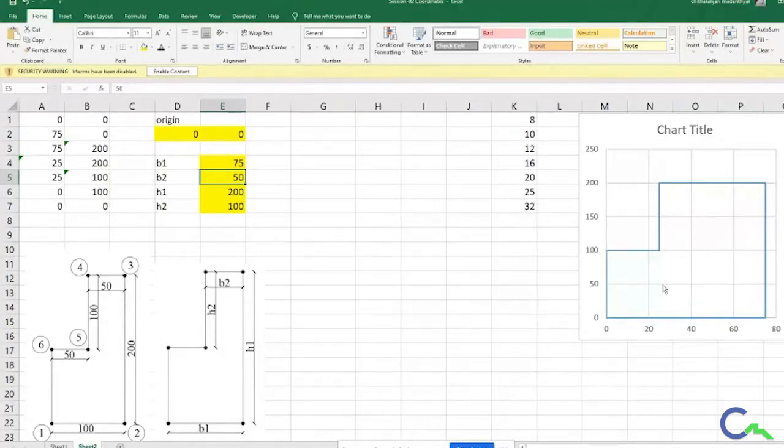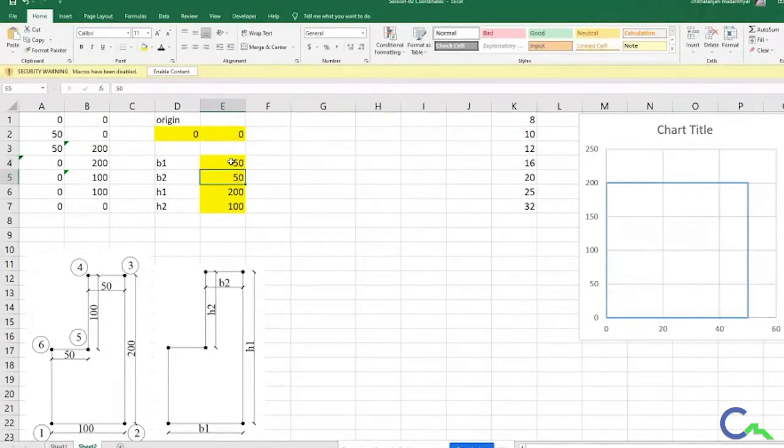So automatically here also it is changed. Again B2, I will make this 50. You can observe in the figure it will become a rectangle according to that. So I will make this 25. So we got the smaller rectangle.